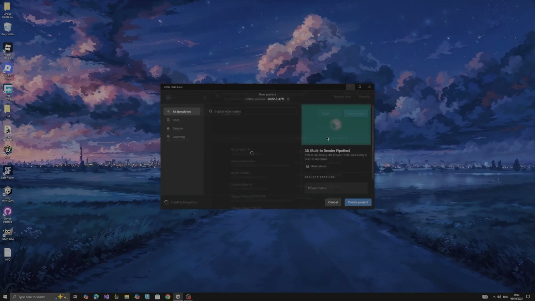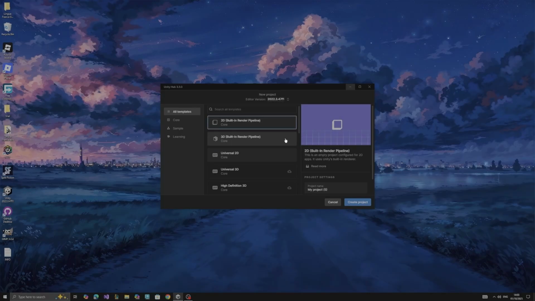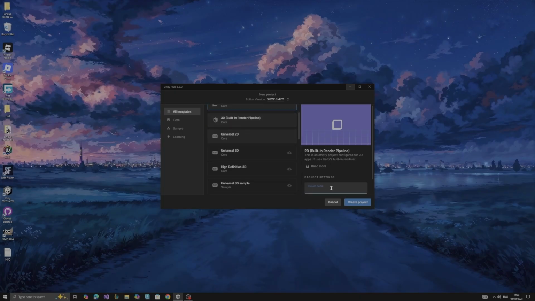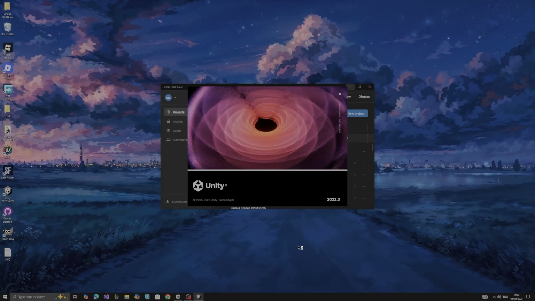Now in this case, Tilemaps are very useful and very easy to set up. I'll be using the 2022.3.47f1 version. It doesn't really matter what you name your project obviously, but Tilemap tutorial should do the trick. You create the project and we'll just wait for it to load. It will take some time obviously, but once it's loaded we will go over the things that we need to have a very easily accessible and good Tilemap